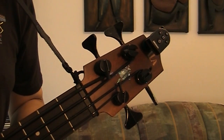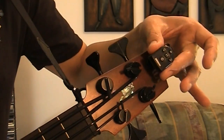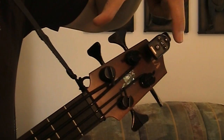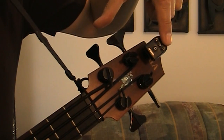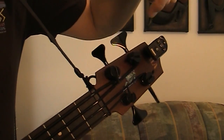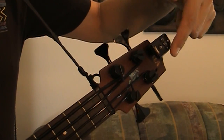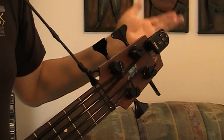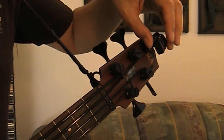Let's have a closer look at the NS Micro Universal Tuner from D'Addario. The first thing that you can see is it's got an on button, and it's got the modes, which if you want to switch it between metronome and tuner, you can do that. This button in the middle allows you to flip the orientation of the note if you have this on the front or the back so you can see it better. And these cursor buttons on the side allow you to change the tuning from that 440 Hertz that we talked about. So let's turn this little guy on,